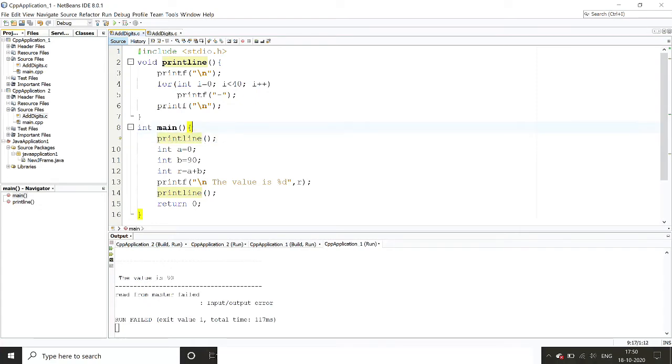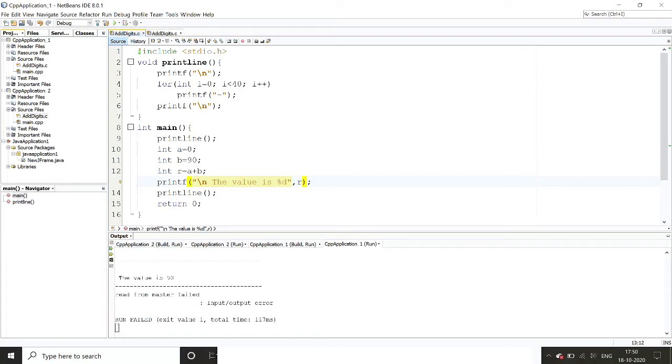So what will happen, your program will start from here. Then the moment it comes here and sees that there is a function called print line, the control will jump from here to this function and it will execute all these things. After executing the last line, automatically the control will return from where you have called it. You called it from line number 9, right? So after line number 9, it will start executing from line number 10. So it will execute 10, 11, then 12, then 13.